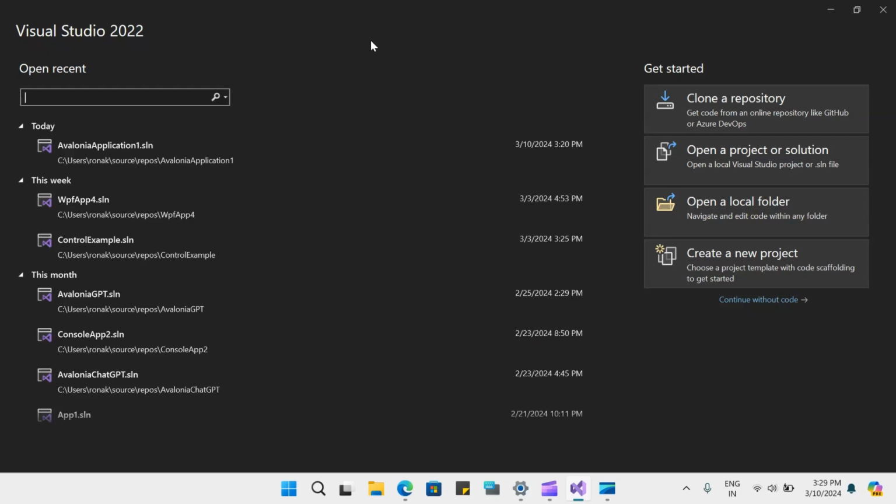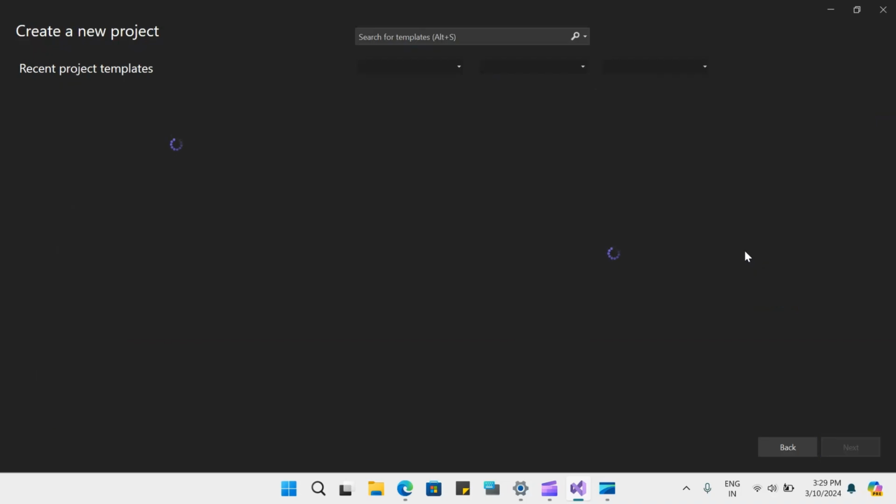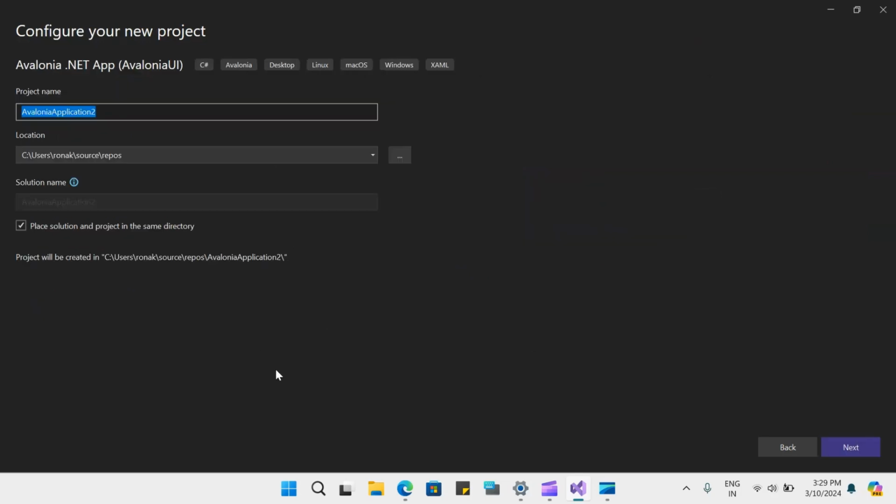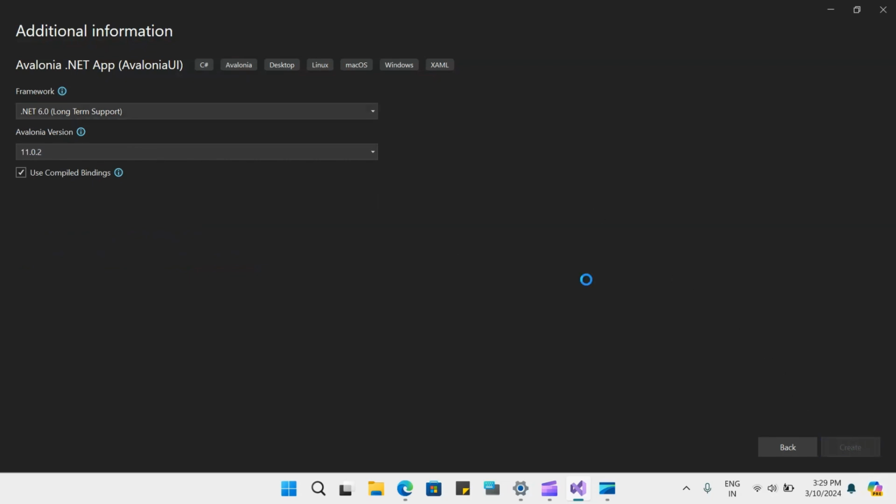So let's start by creating a new project, and let's select Avalonia with .NET Framework. You can also go with .NET MVVM app and click on next. Let me give this a name, and let me click on next. And let's click on create. While the project is loaded,